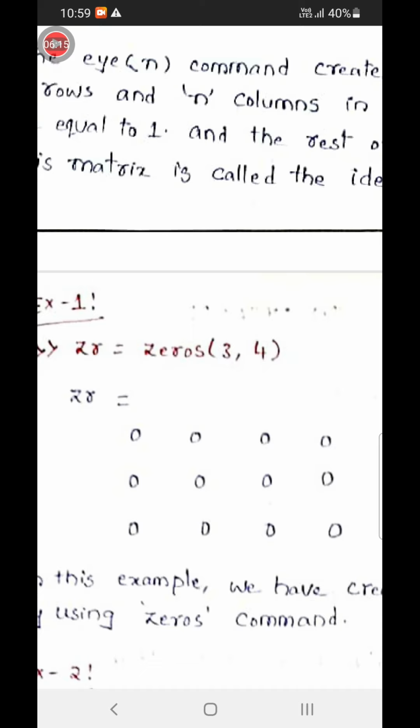We have got all the elements in the matrix. It is a 3 by 4 matrix, the size of the matrix is 3 by 4.